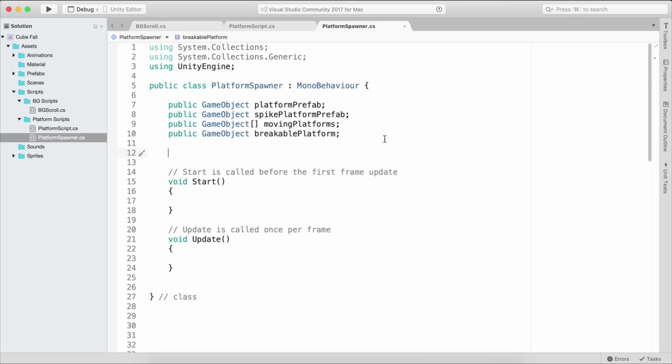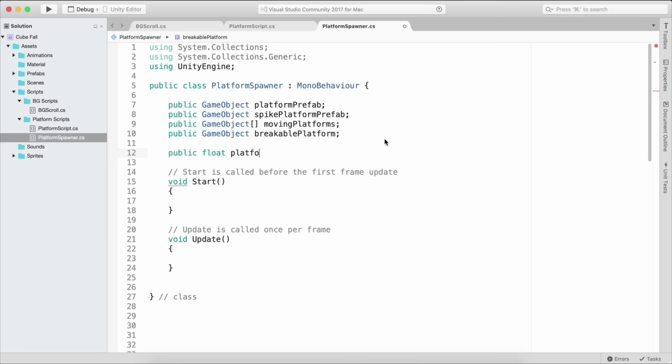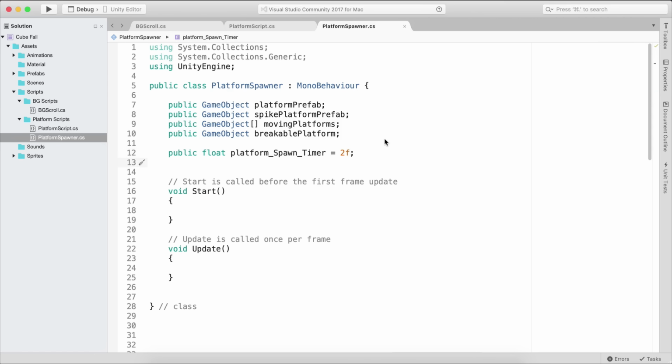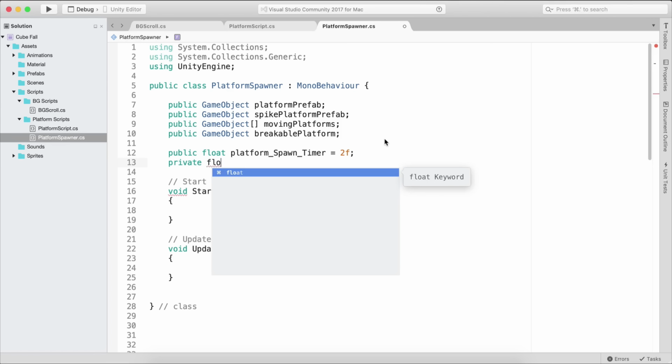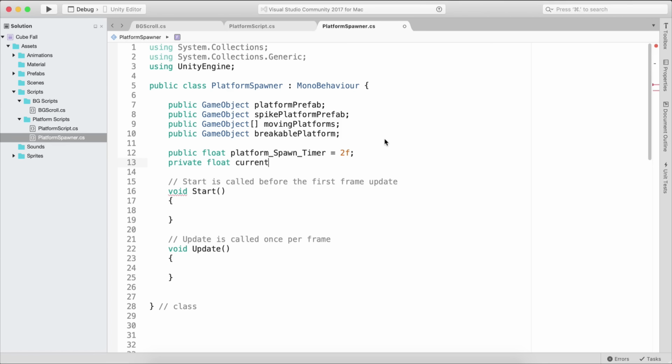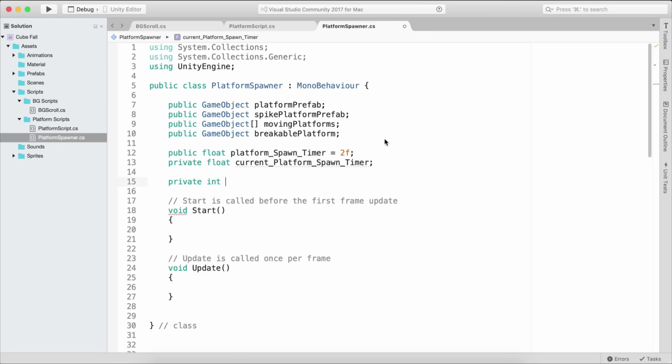Now for that, we need to have a spawn timer. So we're going to say here public float platform spawn timer. So spawn timer is going to be equal to 2f, so every 2 seconds. And we're also going to have here a private float current platform spawn timer. This one we are not going to declare, and we're also going to have a private int platform spawn count,